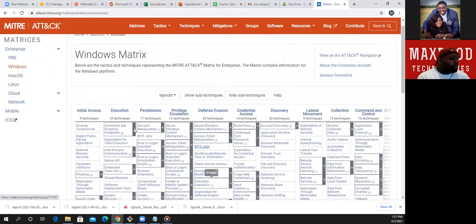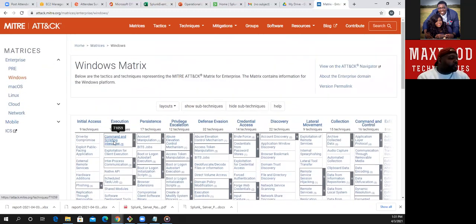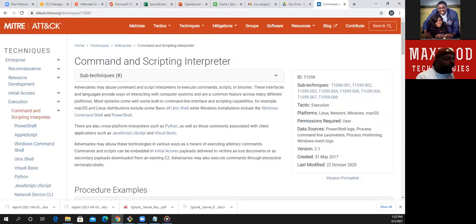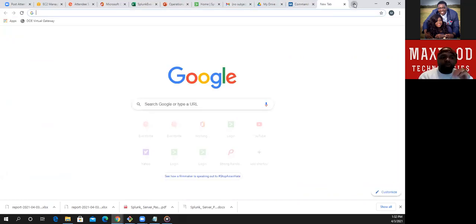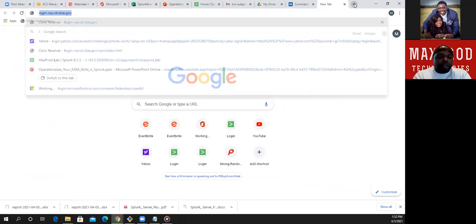But I'm going to look at something. Let's look at execution. I'm going to click on execution. And let's click on PowerShell. PowerShell is one of the live off the land binaries that I would normally look for. Let me pull up this other list because there are many of them. If I go to LOLBAS,